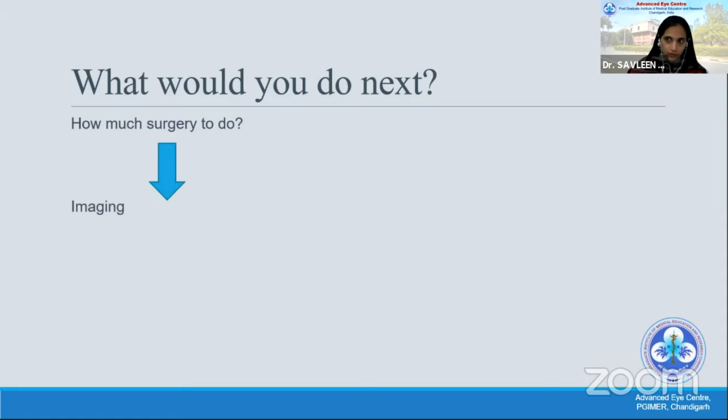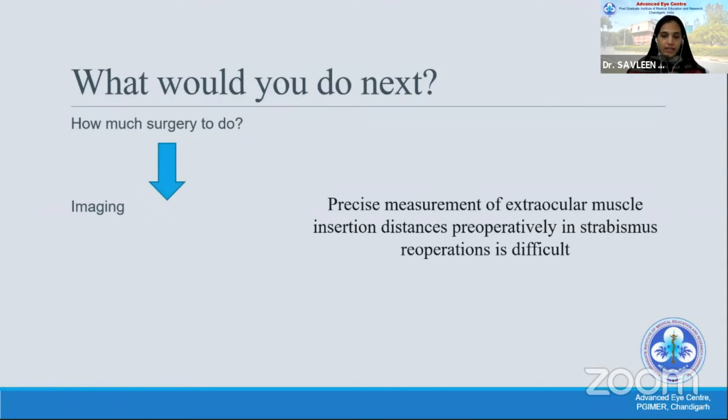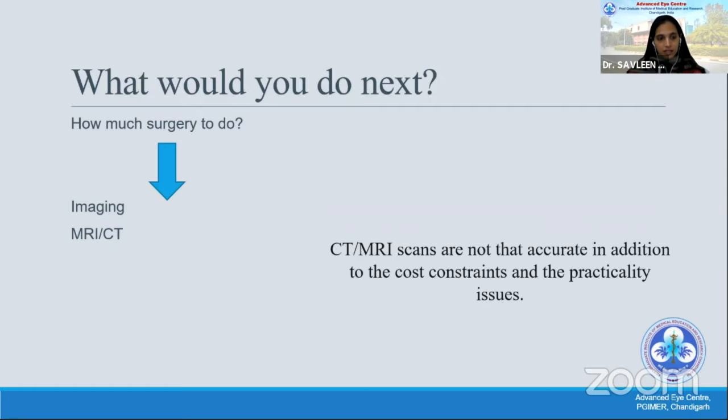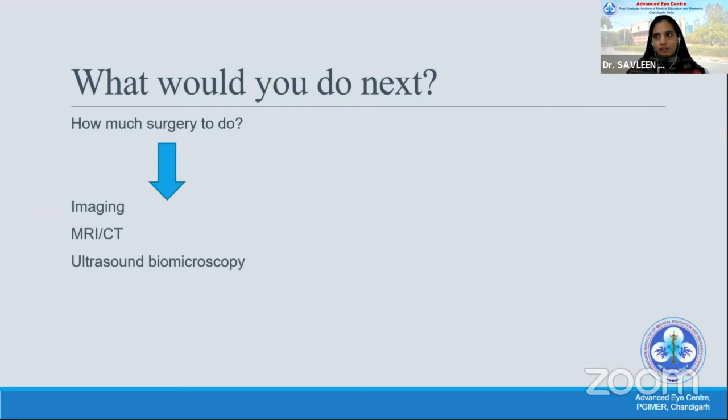We, of course, are talking about imaging now, and if you have the tool, why not image? Imaging can give you a precise measurement of the muscle insertion distance, but in resurgeries, it might be difficult. The MRI and CT scans are not very accurate, and we have now established from the last talk that we have the ultrasound biomicroscope, which can accurately tell us up to 1 mm where the muscle insertion can be. Even if we do not know where the muscle is, we know at least at a specific distance at which we might be able to see the muscle on table.